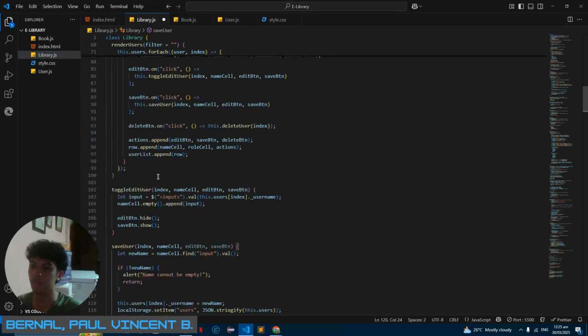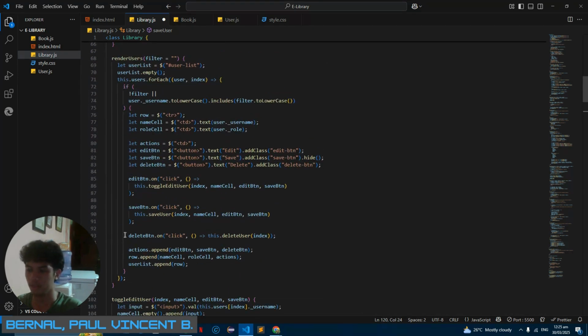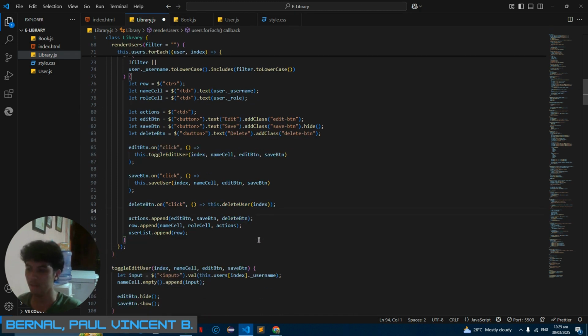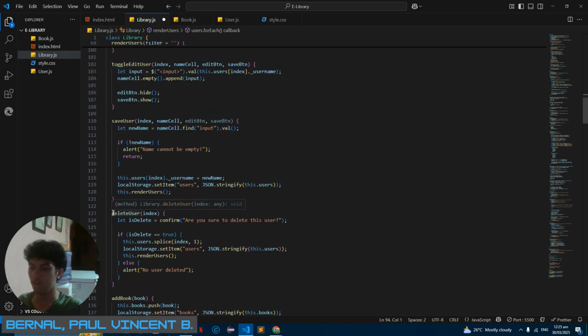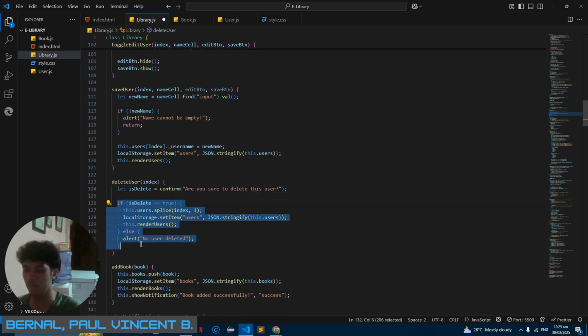And last, for the delete button onclick, we also create a function for our delete. So actions append edit button, save and delete button. As you can see, this is the function for delete user. We declare a boolean data type for the delete confirmation, and use an if statement to validate if this delete is equal to true.